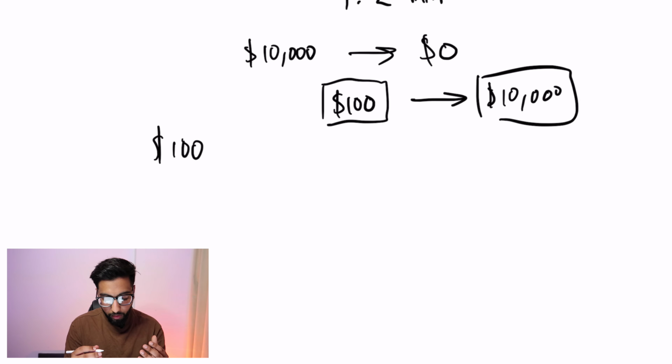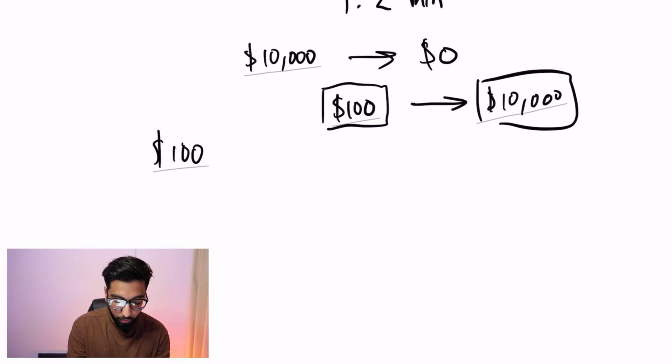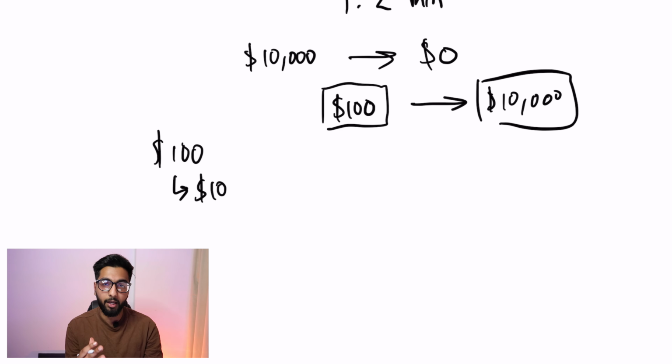$100. So the first few trades that I'm going to do, let's say I'm only risking 1%. 1% is only $1, right? So I need to first make, let's say, $10. That's going to be my first goal, making my first $10. And once I make my first $10, I can then compound this and build this up. Now this is something that may not happen on your first $100. It might take you a fifth or sixth or seventh try, but once you master this,